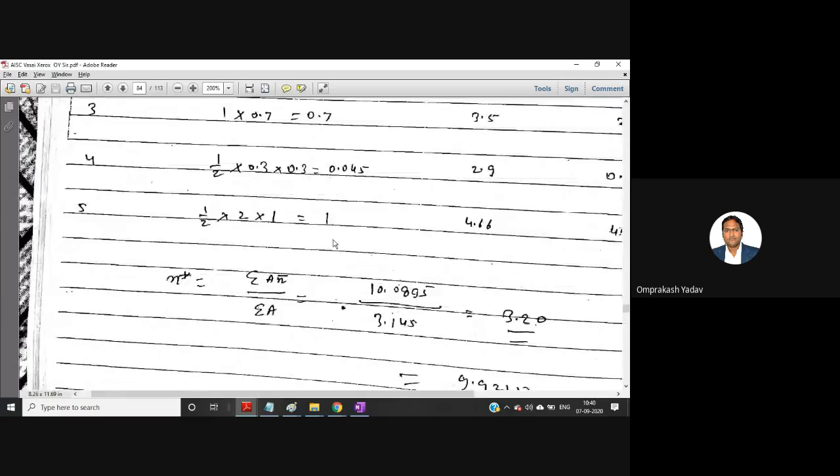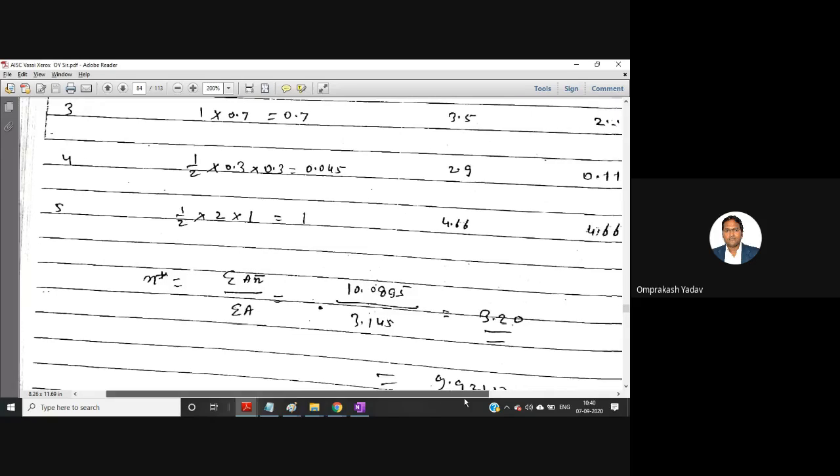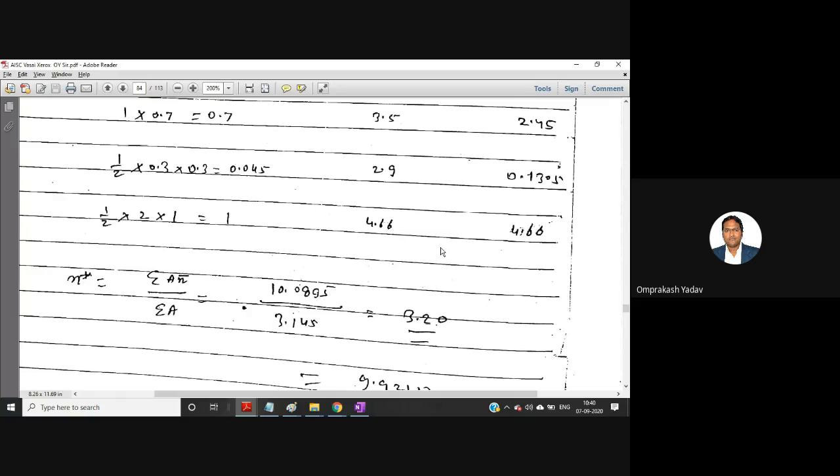The first coordinate is 4 comma 0, the second coordinate is 6 comma 0, and the third coordinate will be 4 comma 1, because the height is 1, and the x coordinate is 4. So for x bar, we can determine 4 plus 6 plus the above point, which is also 4. So 4 plus 4 plus 6 divided by 3. If you calculate, you will get 4.66, and the area is this one. So simply multiply, you will get 4.66 something.